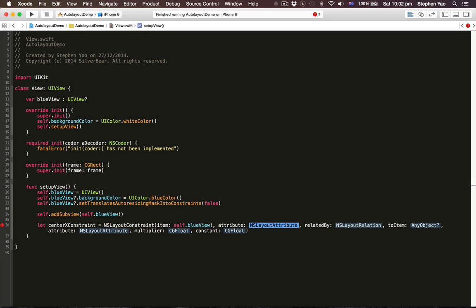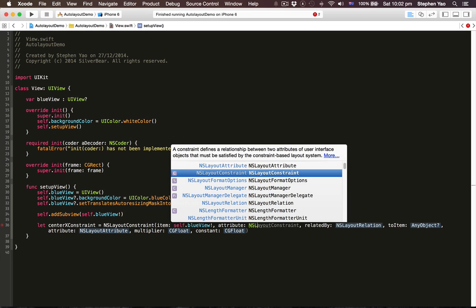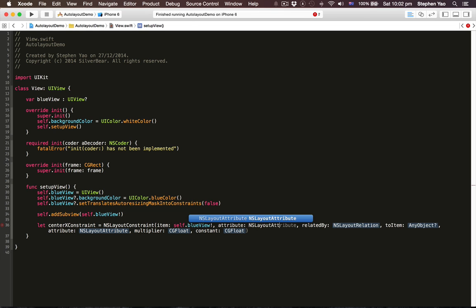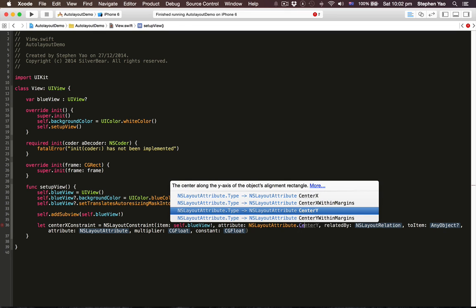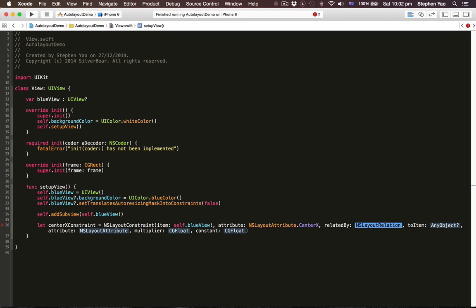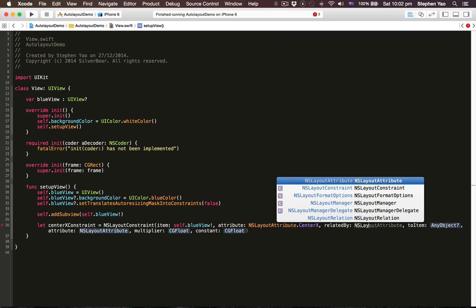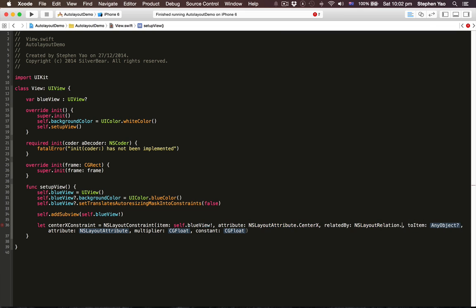And we want to center this blue view. So the attribute would be the center X of the view. So all I have to do is type NSLayoutAttribute dot centerX. And I want this to be equal to the center X of its superview because I'm trying to center it. So the relatedBy would be NSLayoutRelation dot